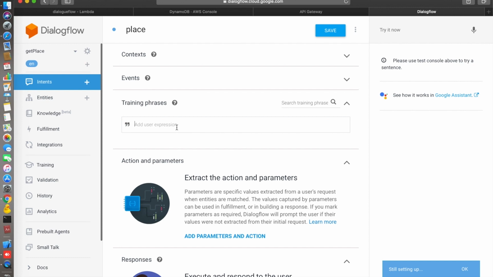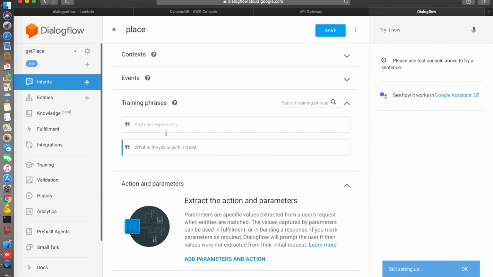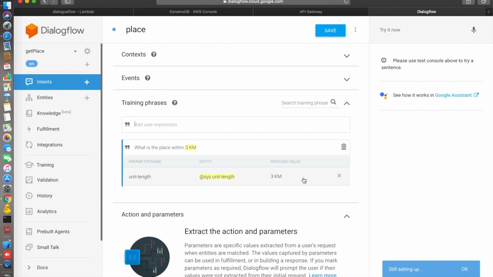Training phrases are nothing but simple sentences through which you can ask anything. These will not be exactly similar to what you will ask later, but you can give the parameter you want.